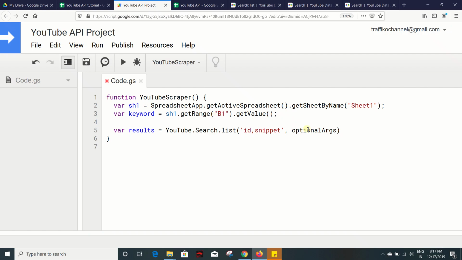That's it. And in the optional args, you need to specify what is the keyword that you are going to search and how many results that you want to retrieve back from the API. So to put a keyword, you should use Q and specify the keyword. We already defined the keyword in this variable, so I'm going to use that variable,